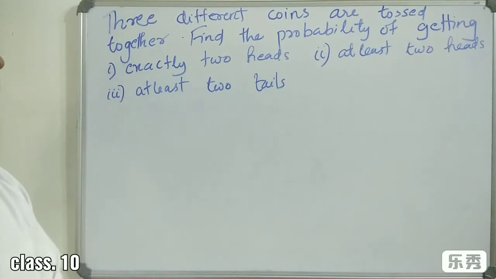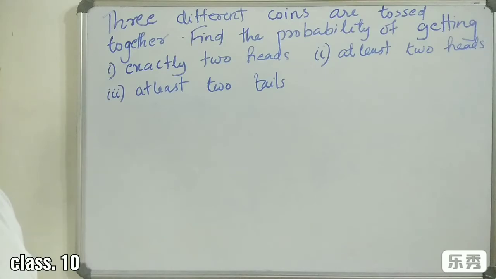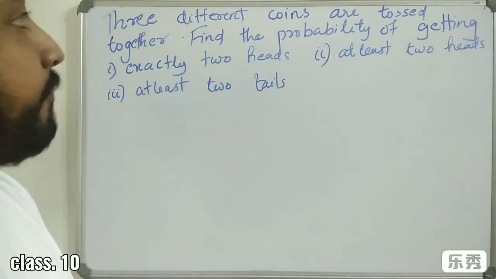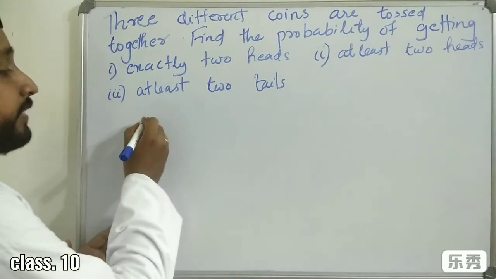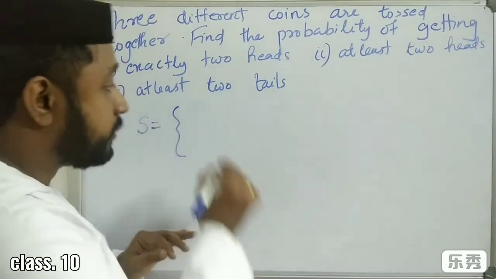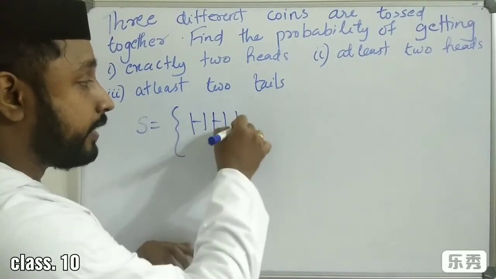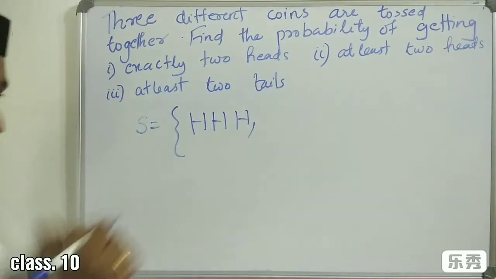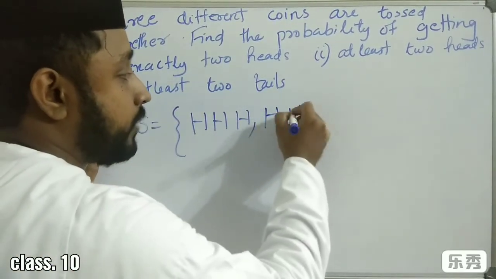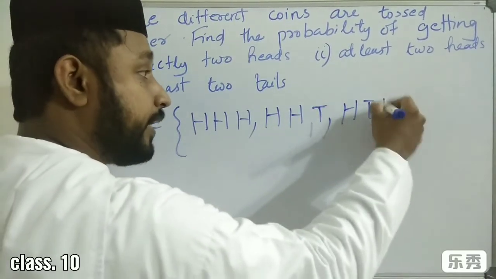Another question. 3 different coins are tossed together. Find the probability of getting exactly 2 heads, at least 2 heads, at least 2 tails. 3 questions are there. First, we can write the sample space. We know 3 coins are tossed. The sample space, we have discussed: first one is head, second one is head, third one is head. This is one possibility. Then first 2 are head, last one tail. Another possibility. Then HTH, then